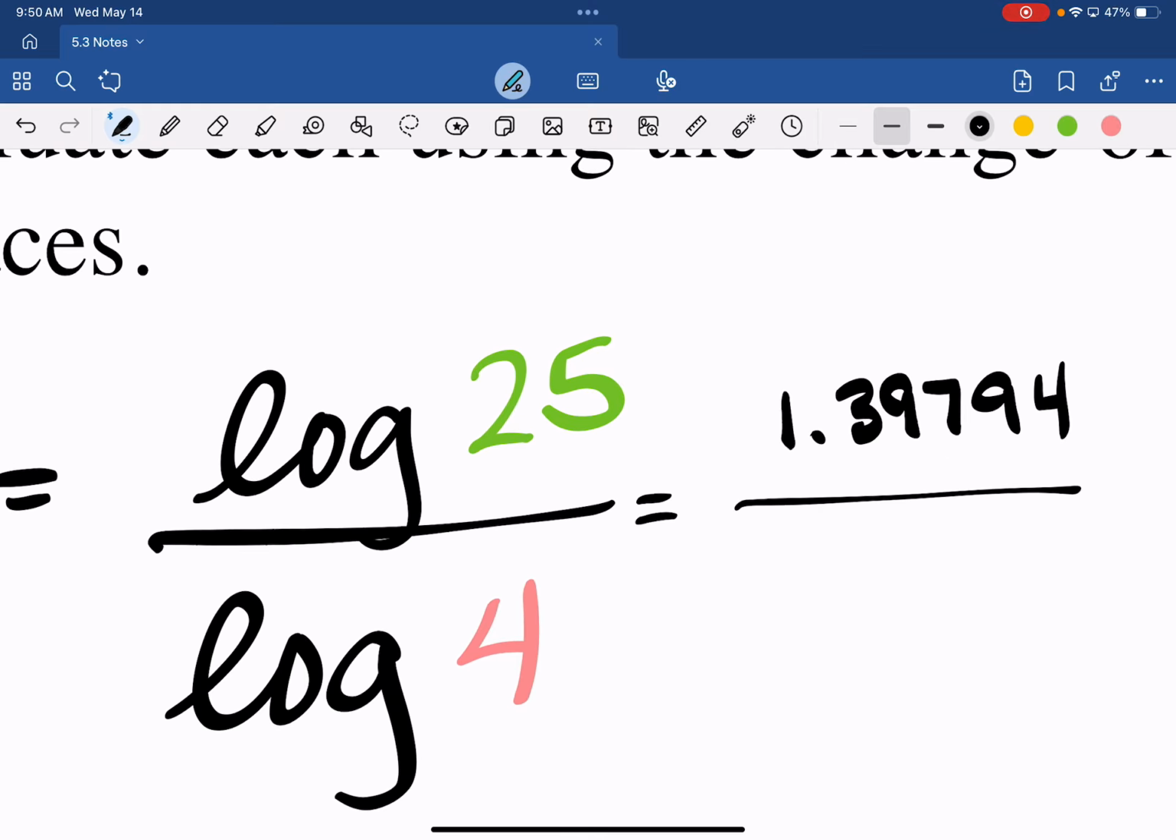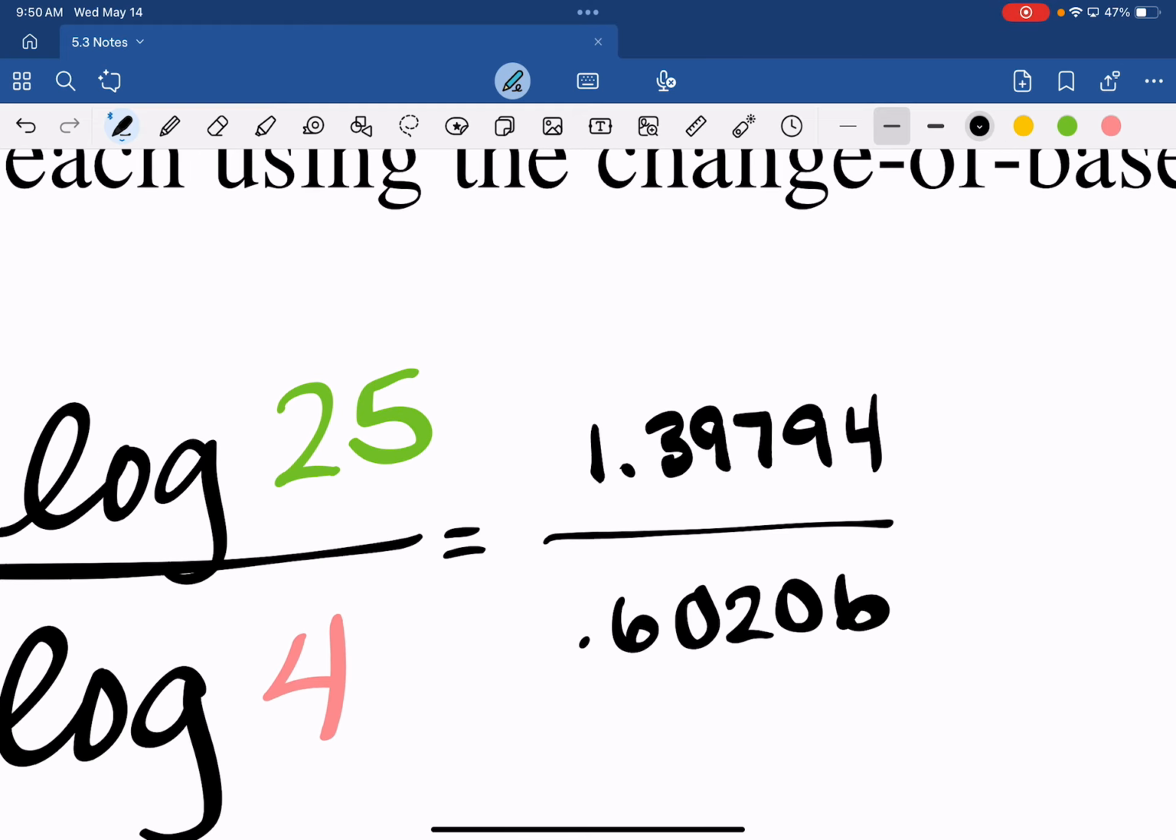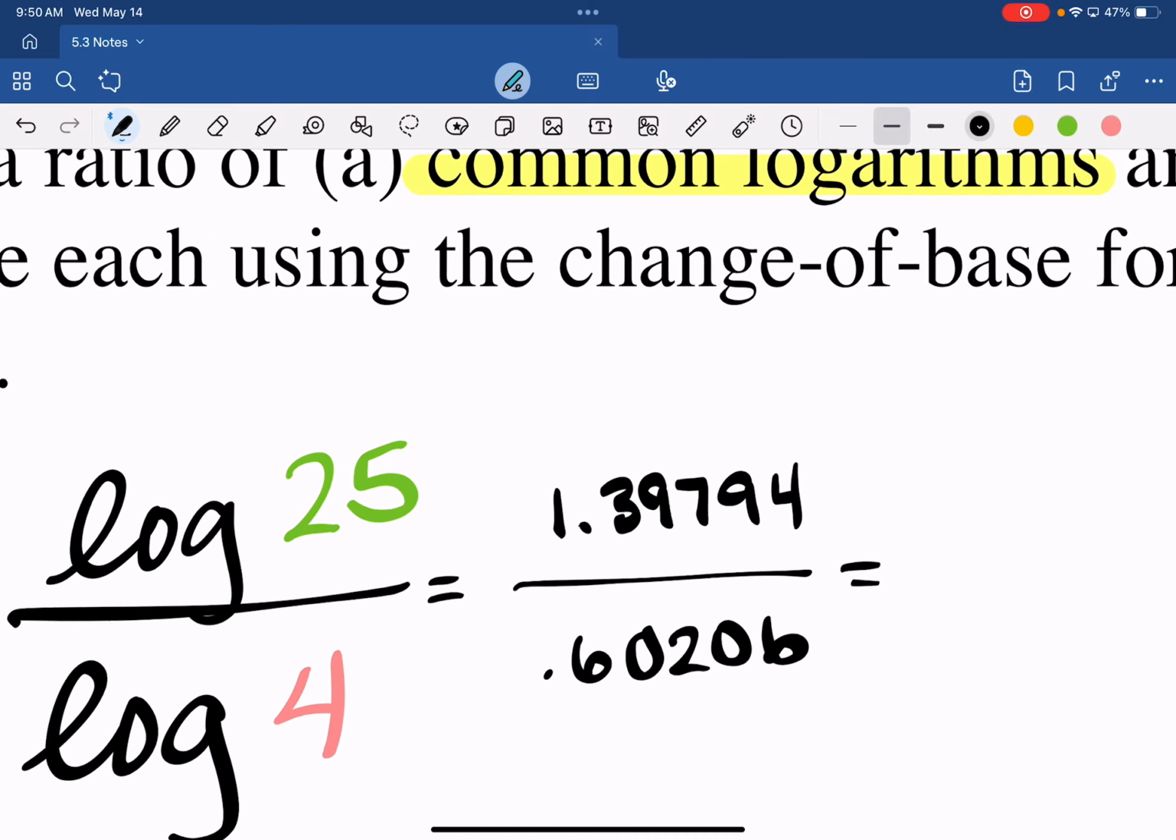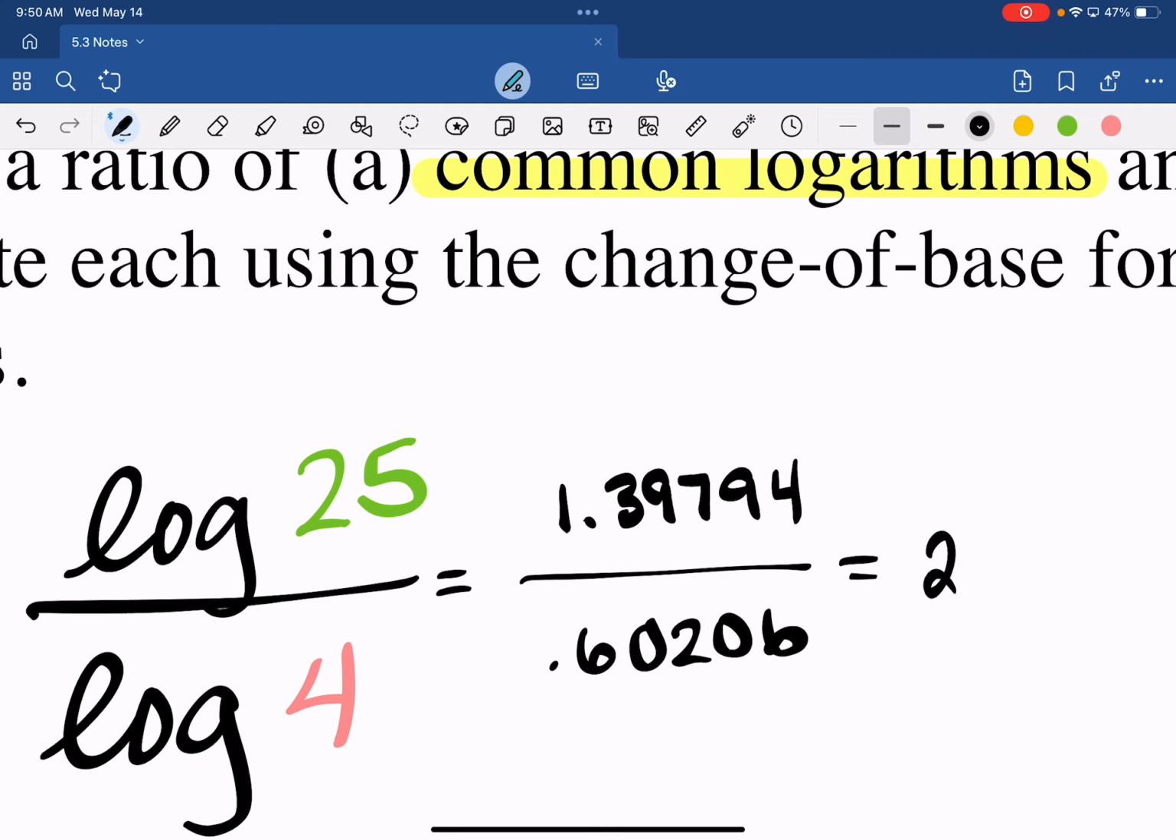All right, then we type in log of 4, and you're going to get 0.60206. Then we'll divide. So we do top, then we do the bottom, then we hit divide. You should get